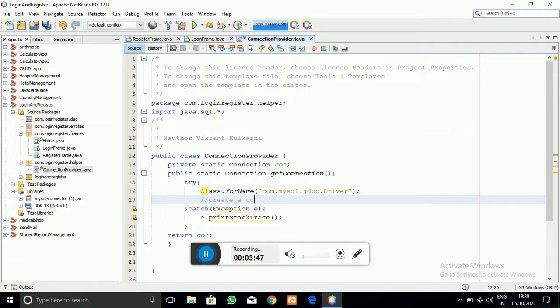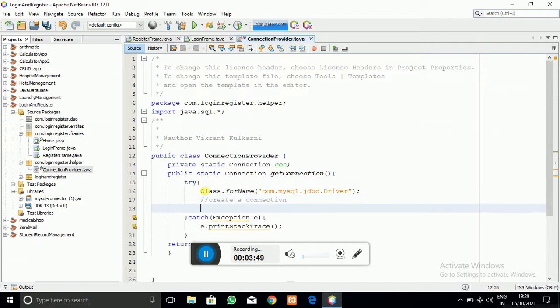Now I am going to create the connection, that is, I am going to call the getConnection method of the Java SQL package. So con = DriverManager.getConnection, and this method takes three arguments.